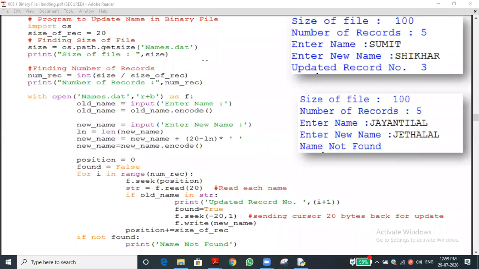So today we are going to see how to update a name. You can see, for example, names are already there. For example, name, mobile number, name, mobile number, like this we store the data. Suppose one of the students wants to say, sir, I want to change my mobile number, I want to update my mobile number. How to do it? For this purpose, this program will help you.